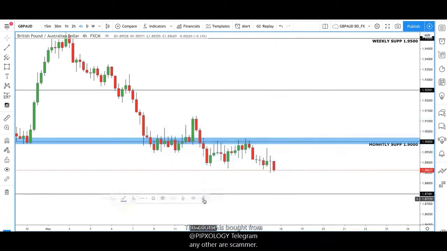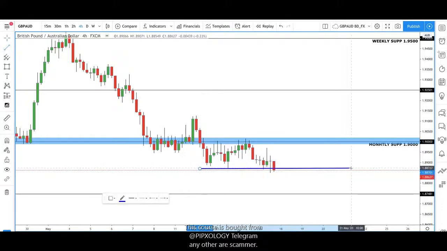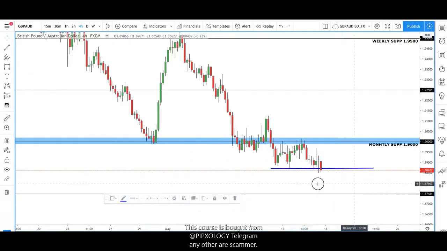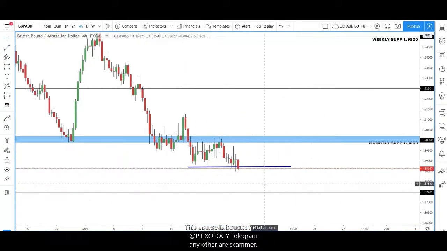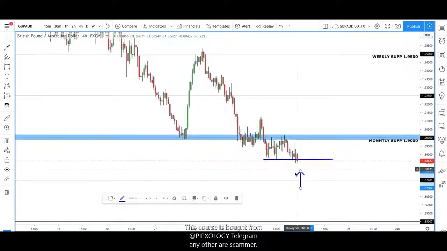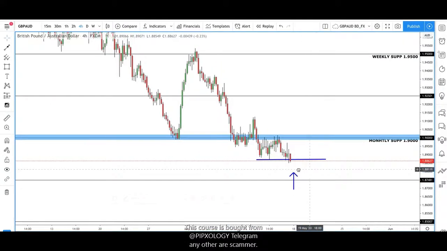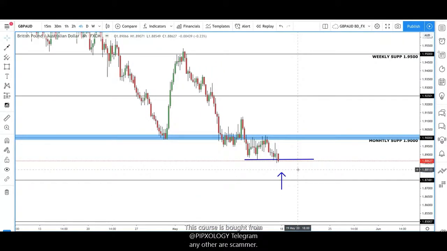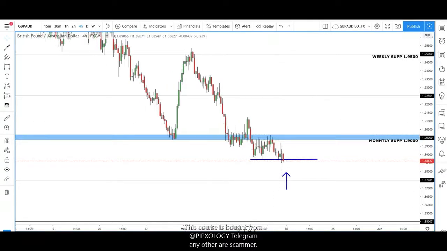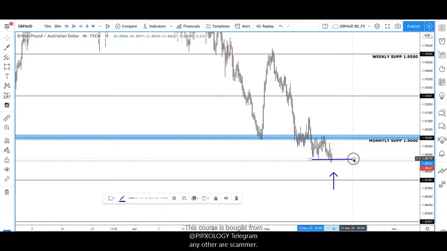But I'm expecting a little bit of a push back down to the downside with a bit of GBP weakness at the start of the week. Maybe come down into these regions, but I am looking out for GBP AUD to have a nice push up. So GBP pairs, I'll be looking at this GBP, Aussie dollar weakness possibly as well. But yeah, just keeping an eye on GBP AUD at the moment, because we're going to get to Aussie dollar in a minute.